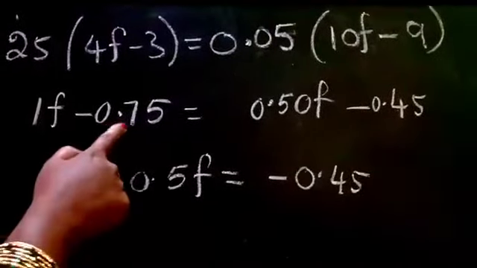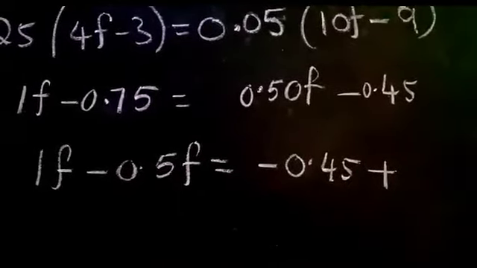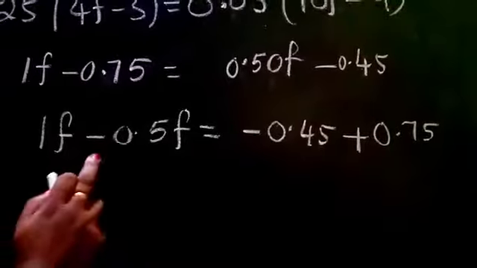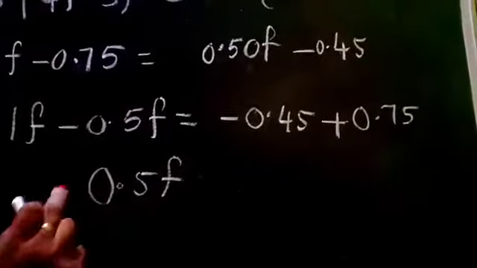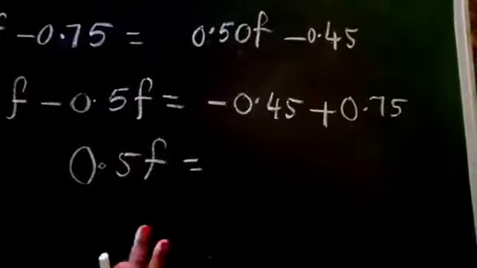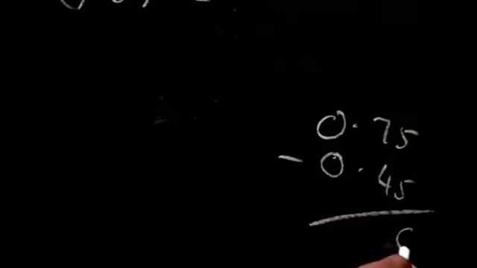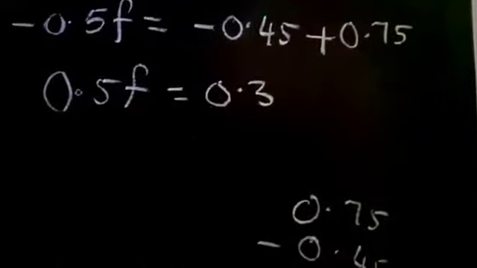This minus 0.75 we have to shift to the right hand side. It will become plus 0.75. So 1f minus 0.5f means we will get 0.5f with positive sign. Here 0.75 minus 0.45. 5 minus 5 is 0. 7 minus 4 is 3. Point. So we have 0.3. Therefore f value is